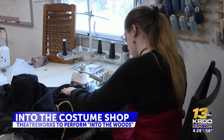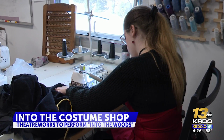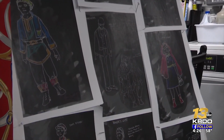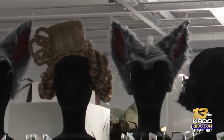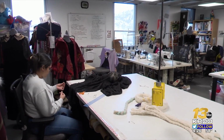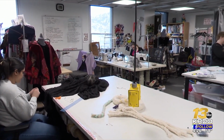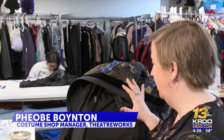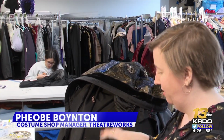for about a year. Costume design is one of the most important aspects of theater production, but especially for a fantasy piece like this one. And you can't just buy a high-quality wolf mask or witch costumes, so most of what you see on stage is made from scratch. But for something like this, which is the witch's cloak, there really isn't a rubric for